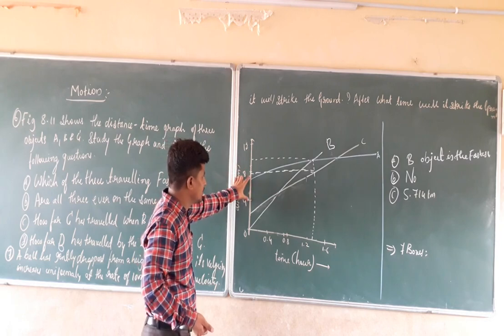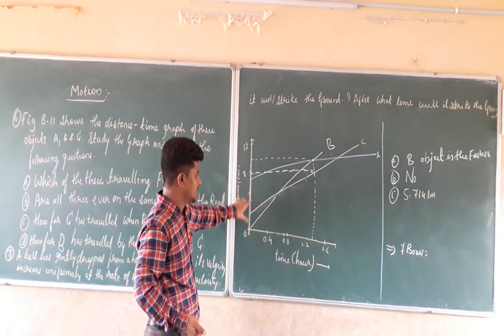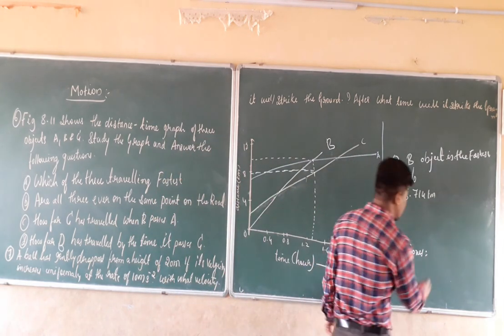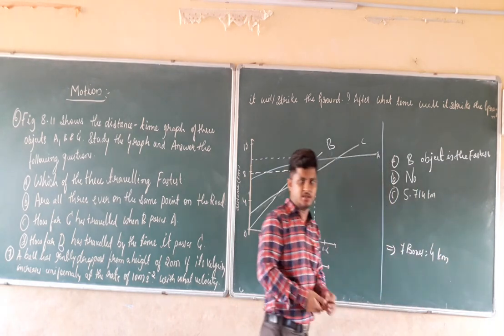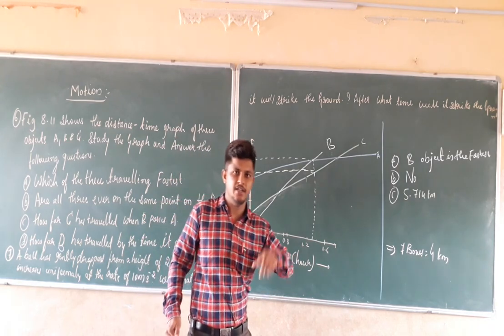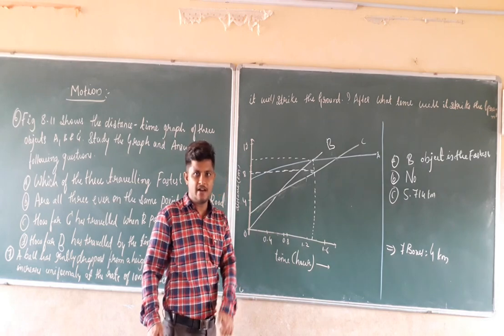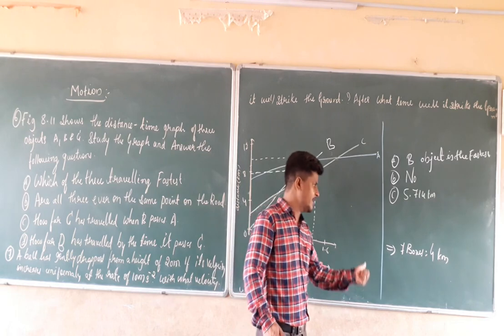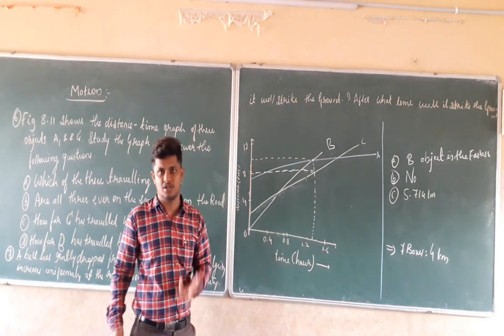And again 7 boxes constitute how many kilometers? 8 kilometers. When you check these things, 4 kilometers equal to how much? It is equal to 7 boxes. Right? If you take the scale in graphs, we usually take 1 centimeter equal to 1 unit. But in your textbook graph, the problem statement gives 7 boxes or 7 lines. That 7 boxes or 7 lines equal to how much? It is equal to 4 kilometers.